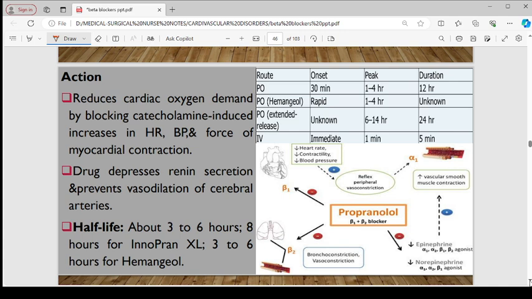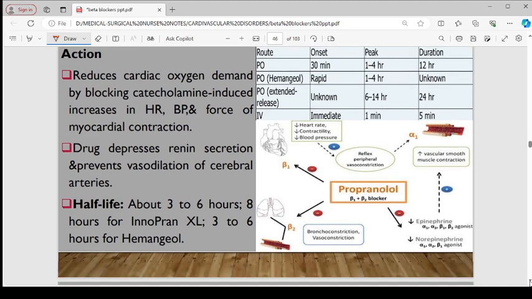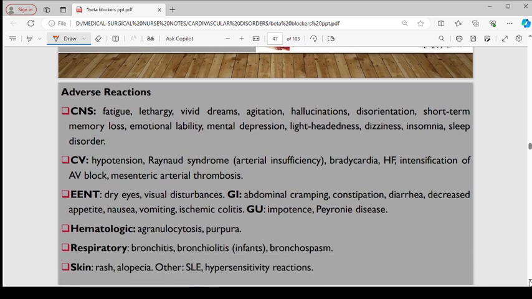The half-life of this drug is about 3 to 6 hours, and 8 hours for the Inderal, or 3 to 6 hours for the generic. It has several adverse effects. Of course, generally we have orthostatic hypotension for the CVS. We also have the bradycardia, dizziness, vertigo, bronchospasm, especially in those patients who have a history of asthma,